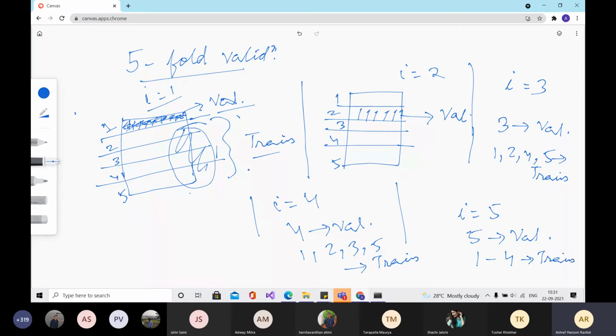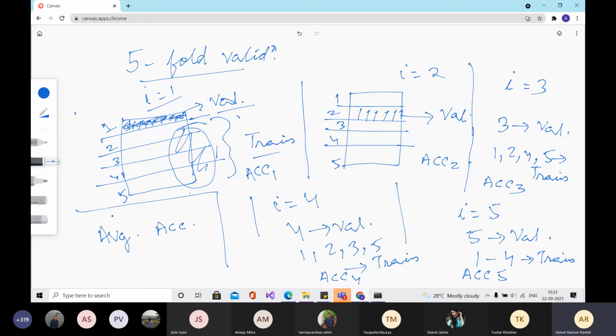And in each iteration, you find out the accuracy. So this is accuracy in iteration 1, this is accuracy in iteration 2, and you will get an accuracy in iteration 3, accuracy in iteration 4, accuracy in iteration 5. Finally, you want to calculate the average accuracy for a particular value.